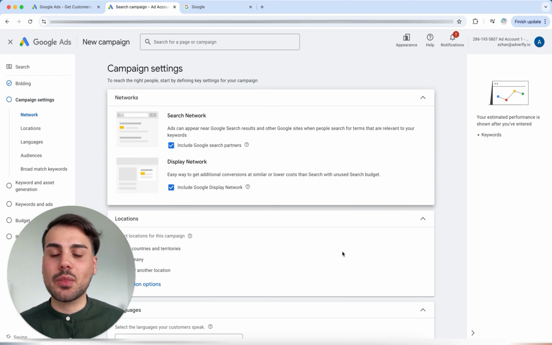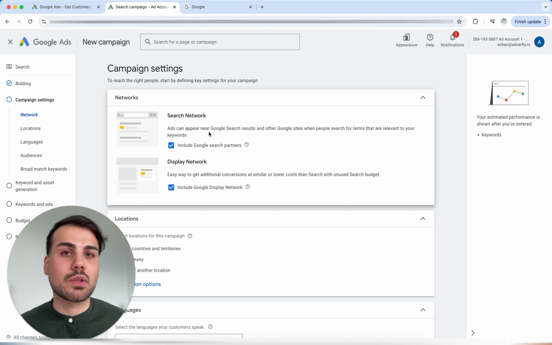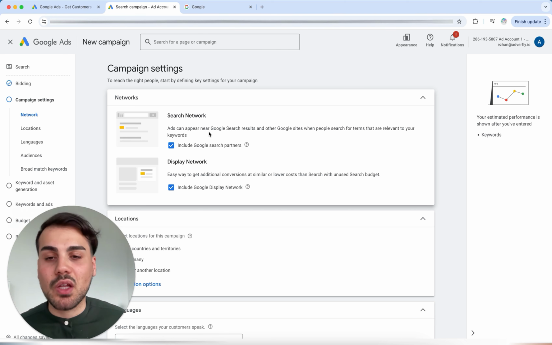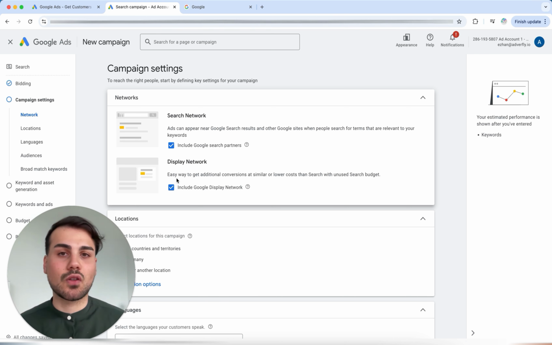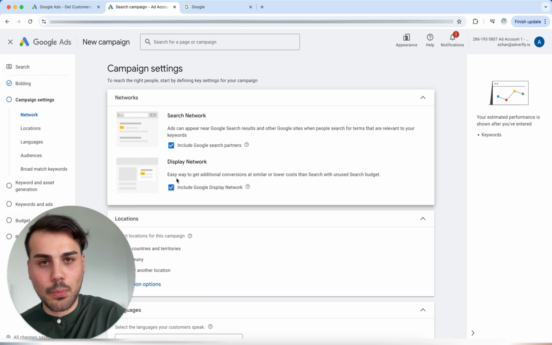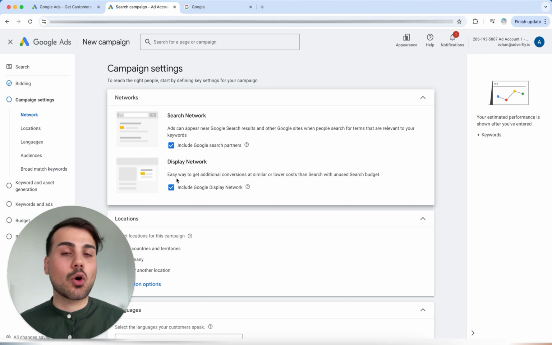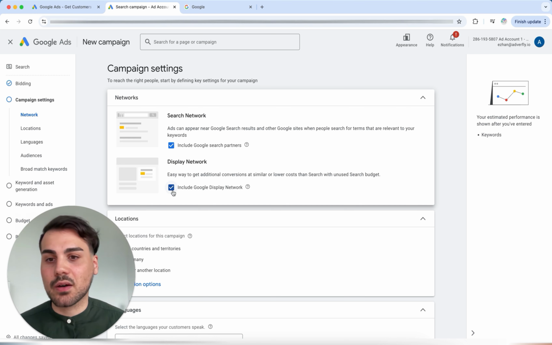And then I have the following here, which I will briefly explain to you now, namely that you can now set campaign settings here so that you do not only show on Google, for example, but Google also has partner networks, for example, that you can also display in the search results. You can leave that activated. In this case, I leave it activated too. And then we have display network here. I would leave that deactivated because, let's put it this way, if you don't explicitly optimize for it, it's rather counterproductive. So I would like to deactivate it for now, which we will do briefly.